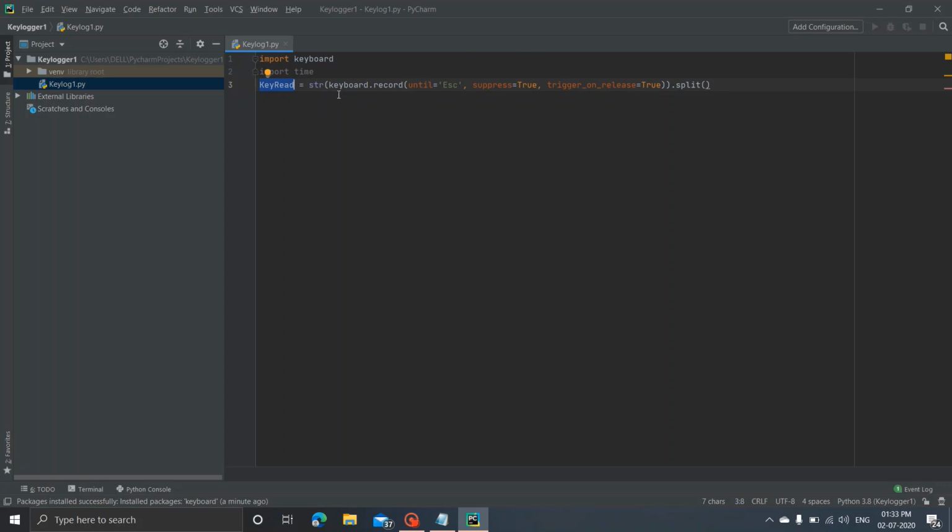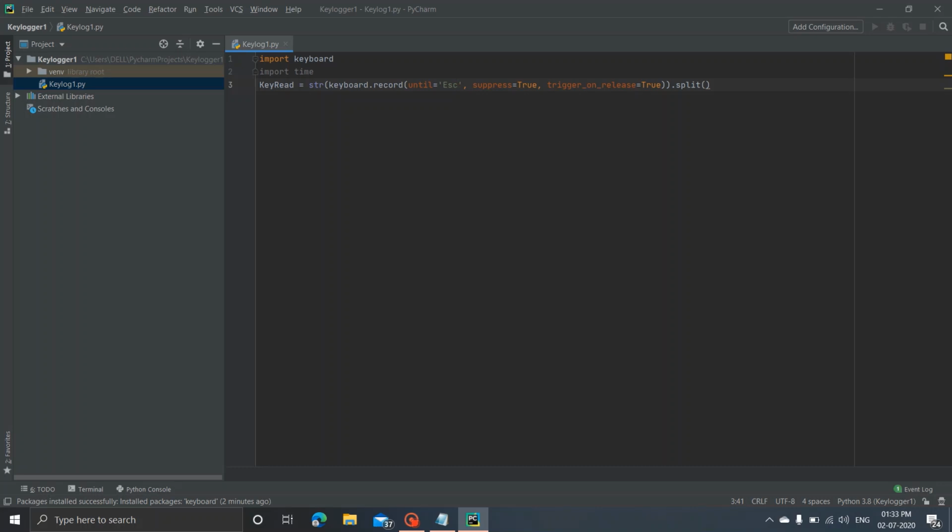Now what it says is keyboard is this package that we have imported. This keyboard is taken here, and then keyboard dot record records the keys that you are pressing on the keyboard. Until when? Until escape is given. But we said that we'll be using enter as the key, right? So we will take escape itself. It's not an issue. You can change the keys, and until that particular key is pressed or triggered, the recording